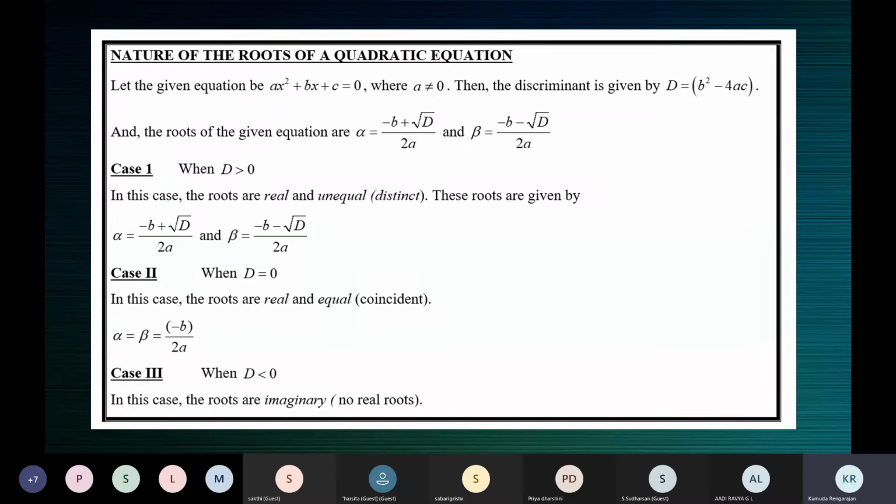So the word coincident itself, or you read that the roots are equal. Equal means real and equal. Or when you see the word unequal, roots are unequal, meaning roots exist. Roots are real and unequal. So that's understood. But when they say that the roots are real, then you cannot make out the roots. They can be real and equal or real and unequal. That we cannot make out.